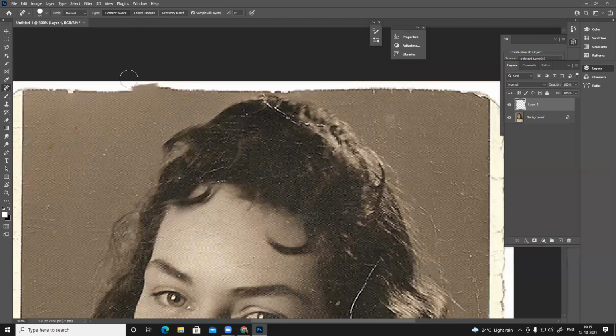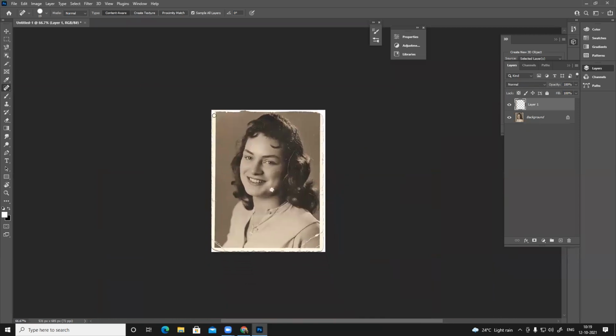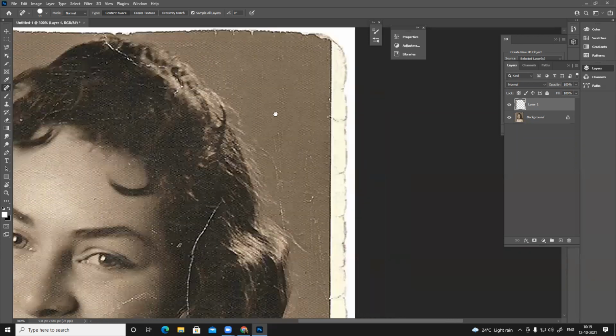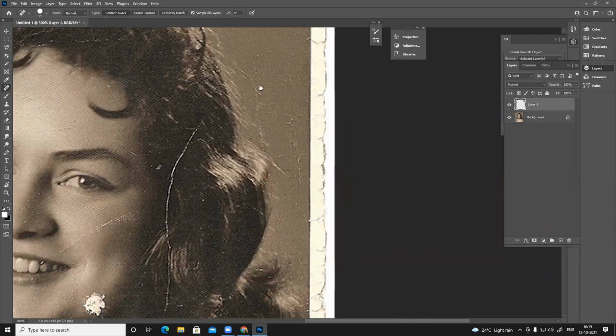That's what happened, right? So I'll fix it. In this image you can see there's a frame around it, like older photos used to have, right? I'll create that frame separately in a different layer. Let's fix this. You can just simply paint. For this you don't need a tablet. You can use a mouse, it works perfectly.